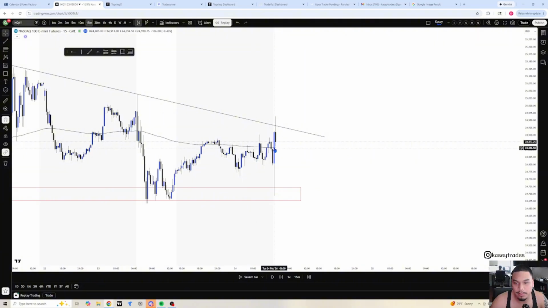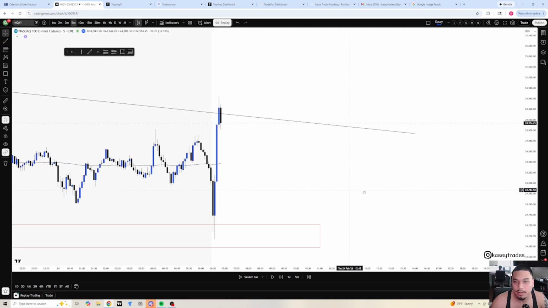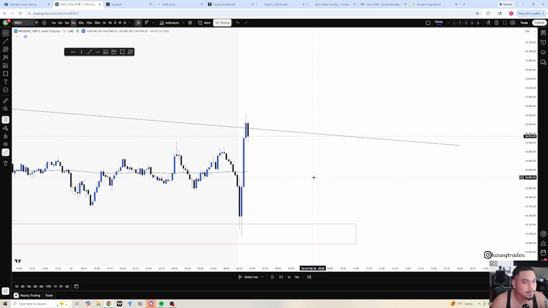The 200 is now below price, so it's going down to the 5-minute time frame. Now I see this impulsive move. This is all I'm waiting for literally every morning. This is all I'm waiting for, just an impulsive move after doing my top-down analysis. Now scaling down to the 5-minute, going back to my system,